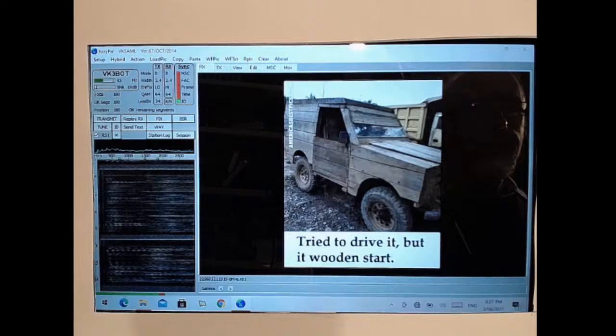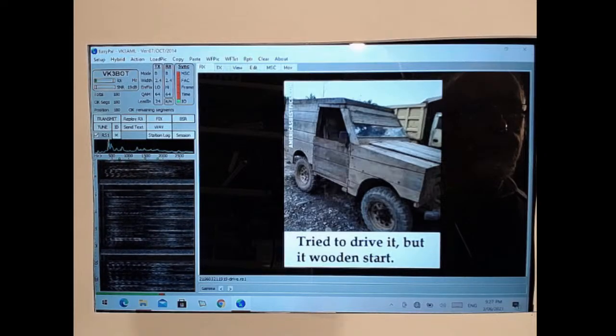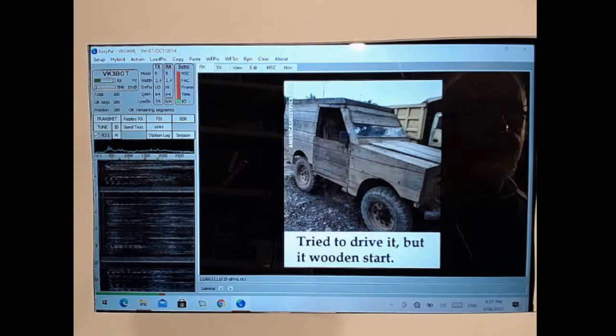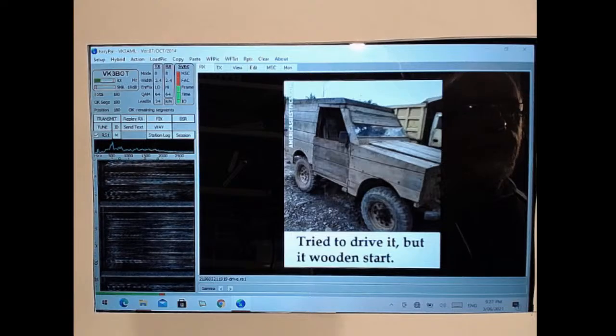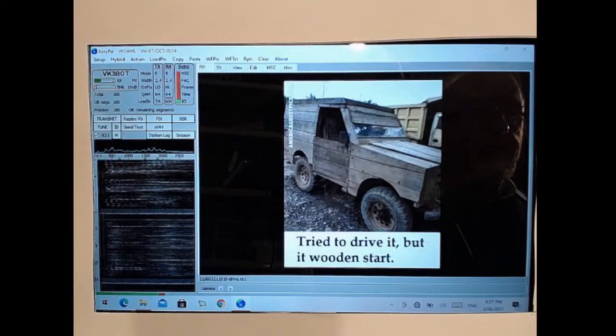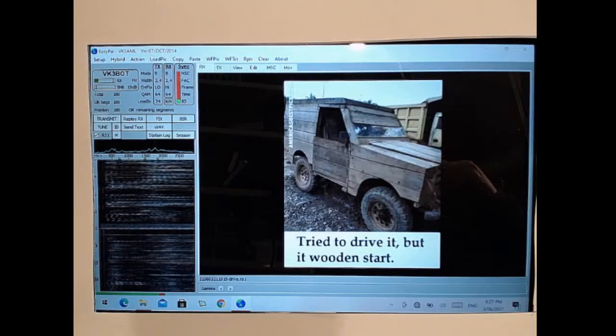Excellent. Well, we look forward to when you are able to do it. Awesome. It's good to hear you on. Anyway, I've put you down in the log as well. Okay, we'll pass it over to VK3CJN for an image when you're ready. And how's your week and how are you?